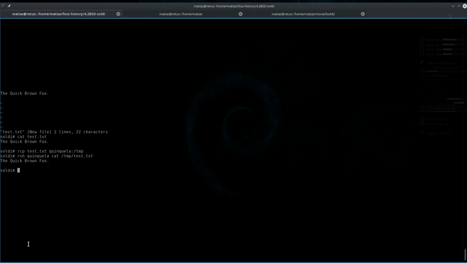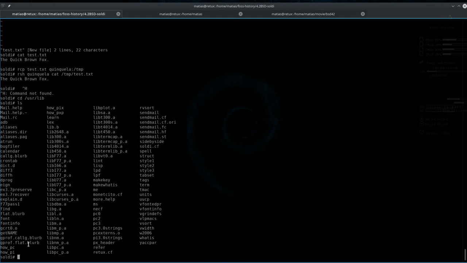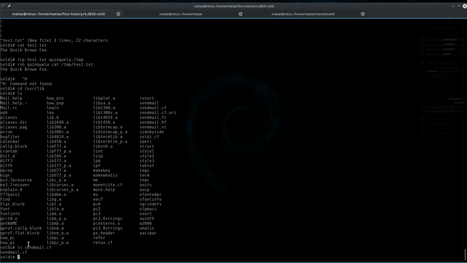Probably the most difficult thing to set up here was the mail server. If we go to user level, you'll see that the whole file system hierarchy is absolutely different from a modern Unix system.